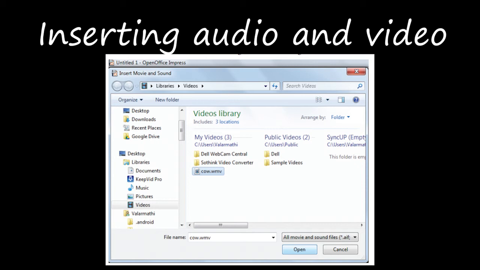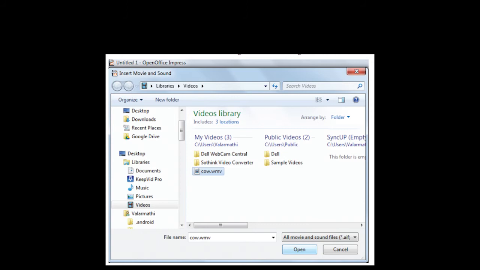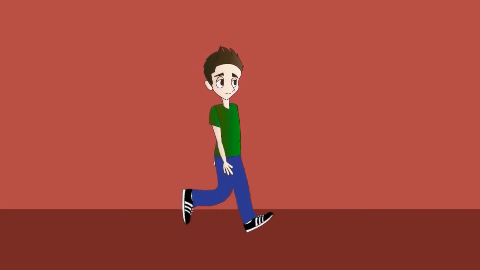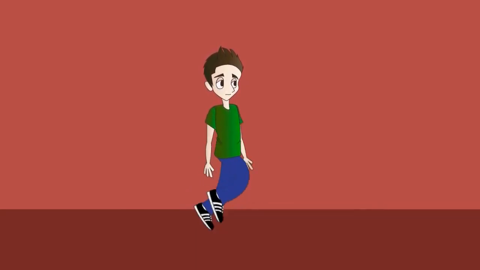Right, so in this way you can create videos, or you can create some cartoons. In Cartoon Network, in Pogo and all, you'll have seen some cartoons, right? These cartoons also you can create in this presentation. Right, how will you create a cartoon here? Here they have given an activity also. If you can just try it, I'll just give you an example. How will you create a cartoon using this presentation?